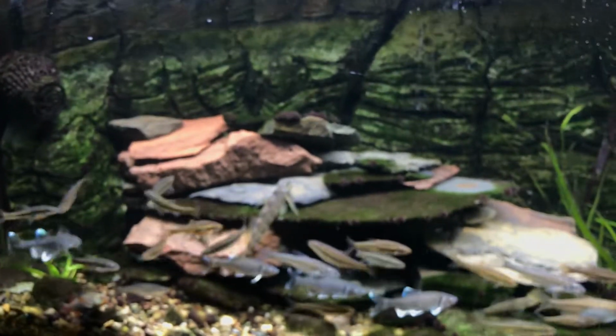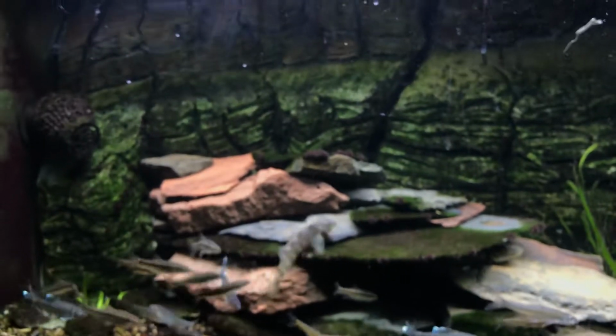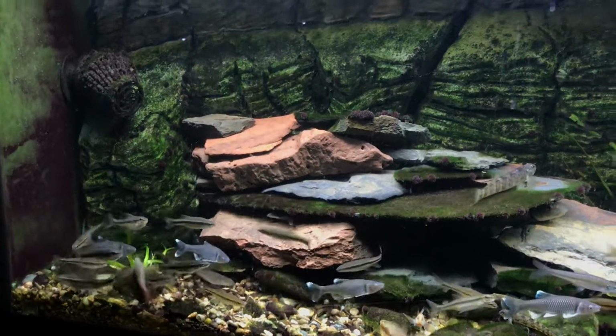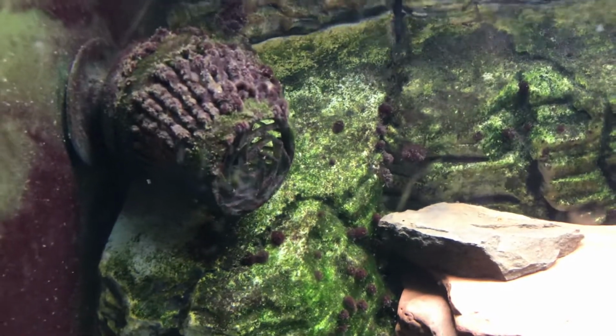Eventually they'll all look the same if they get covered with algae, or if I clean all the rocks off and clean the wall off like I should. But I did a water change yesterday. I didn't have enough time to clean anything. I don't like the power head sticking out, but it's all covered with algae so it doesn't jump out at you. But I'd like to find a way to...